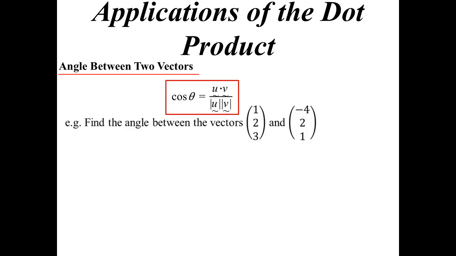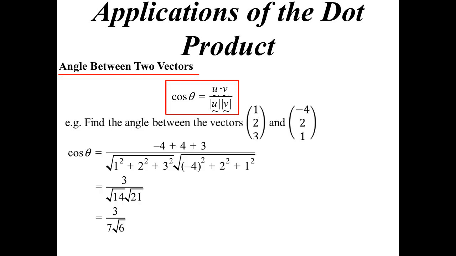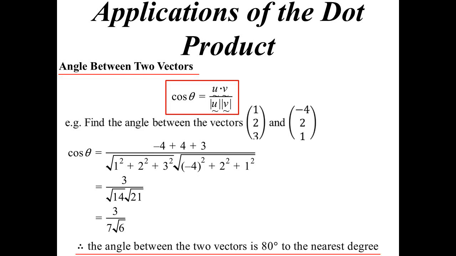So an example of that, if we wanted to find the angle between these two particular vectors, then the dot product, so 1 times -4, 2 times 2, 3 times 1, over their magnitudes multiplied together. So square root of 1 squared plus 2 squared plus 3 squared times square root of 4 squared, 2 squared, and 1 squared. We end up with 3 on 7 root 6, and so that angle would be approximately 80